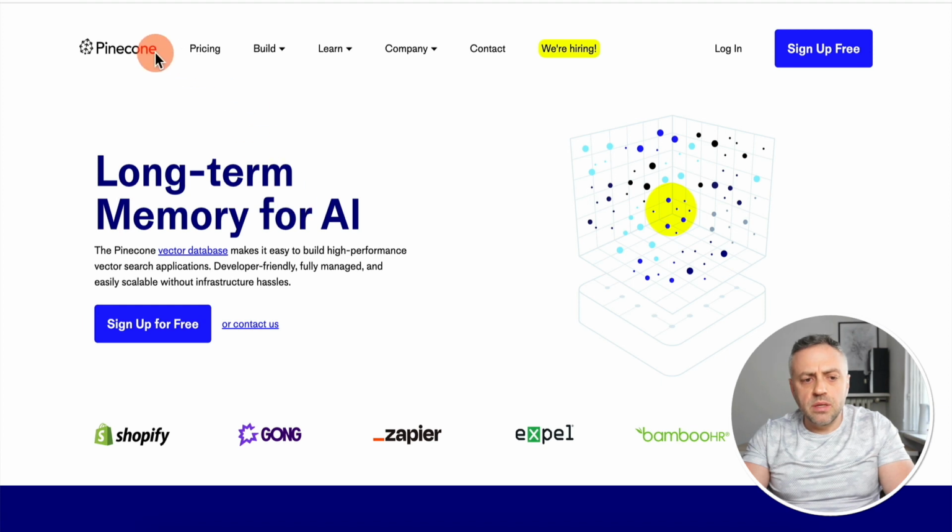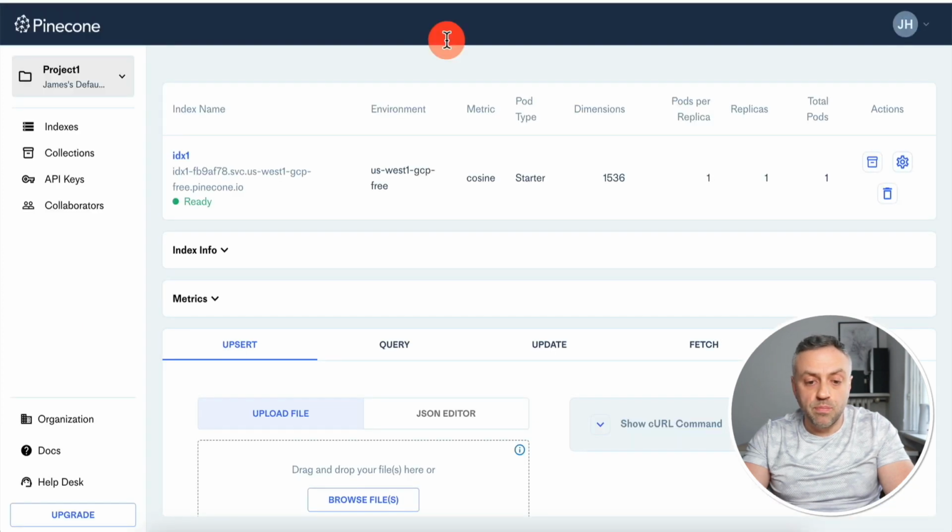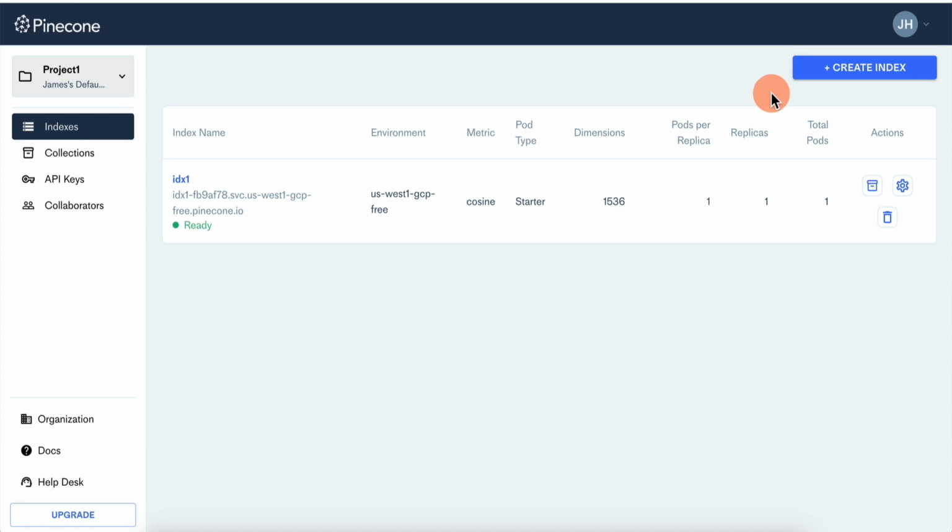The next thing that I did is I went to Pinecone and I created a free account. They actually have a generous free plan that you can sign up to and you can start using and kind of playing around with, right? So once you log into Pinecone, you're going to be on this page here, right? And this is where you're seeing your indexes, right? So the next thing that you want to do is you want to go to indexes and you want to